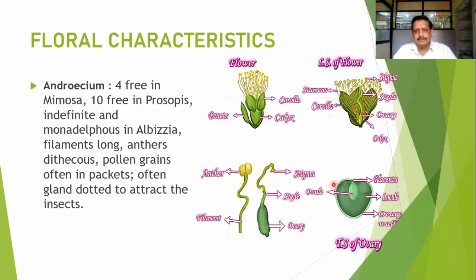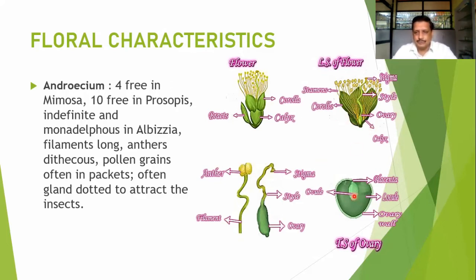So here you can find the LS of the flower, where this is the ovary, a small ovary with a wavy type of structure of the style and filament. In both cases, we can find they are either straight or, in bud condition, wavy in nature, that is filament and styles. Stigma, most of the time, is capitate. Stamens are numerous, 4 to numerous we can say, and corolla and sepals, sometimes these sepals are petaloid. Such variations can be observed in